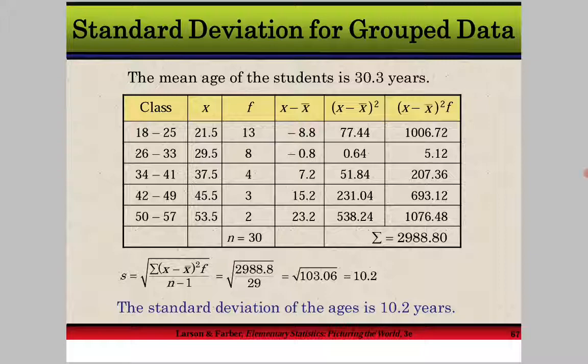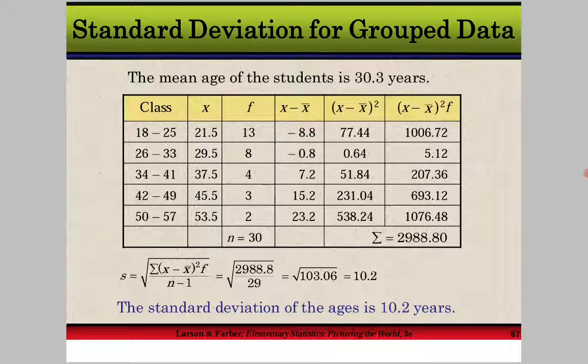Here two terminologies are used: n means sigma f, the sum of all the frequencies, that is 30, meaning the number of data items in the data set. And sigma f times (x minus x bar) whole squared means the sum of all the values of the last column, that is